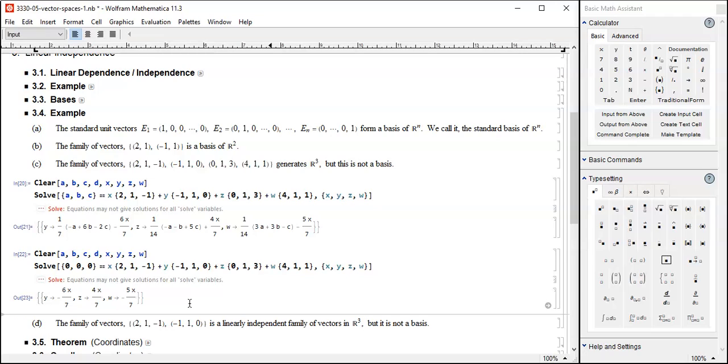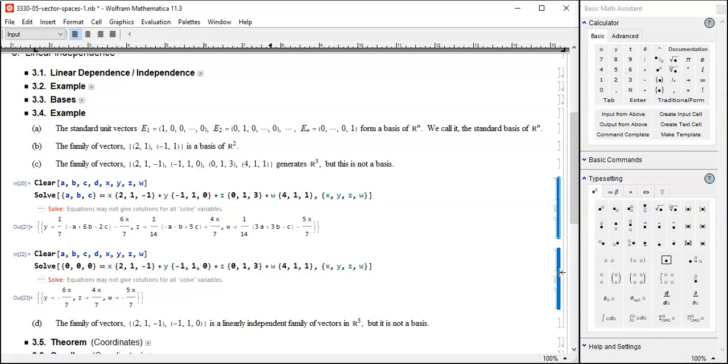You can plug in x equal to 7 to get even all-integer solutions. In any case, a non-trivial solution exists, so not linearly independent. But actually doing those computations, as I did for the 2D example, even that took a lot of time. It's not something you want to do, but